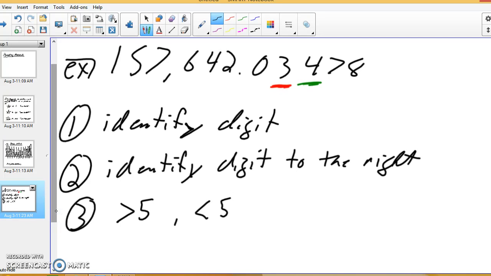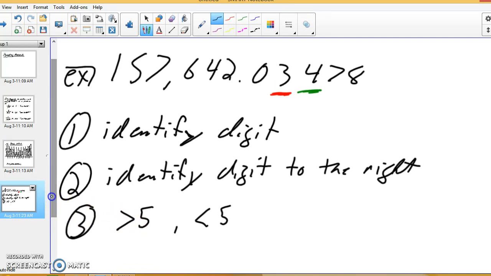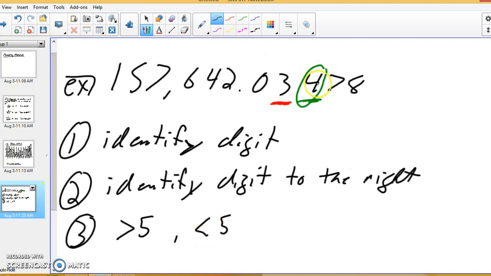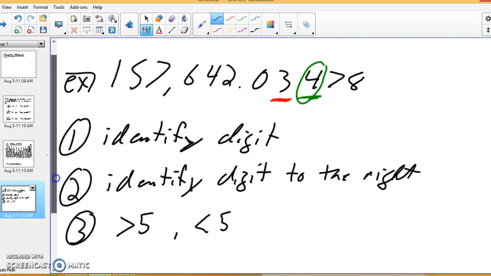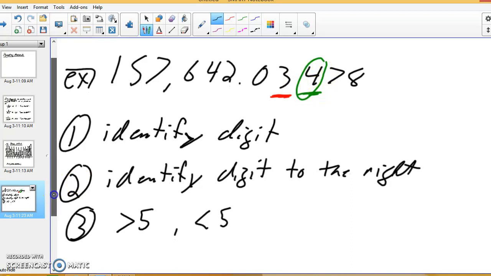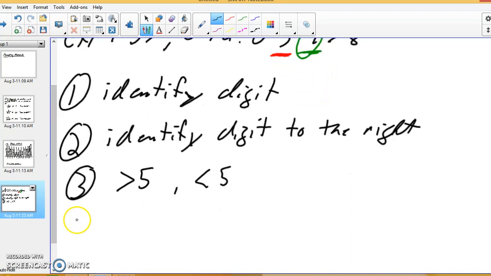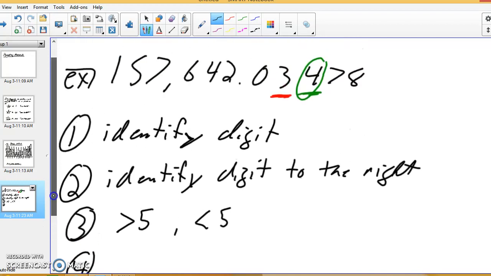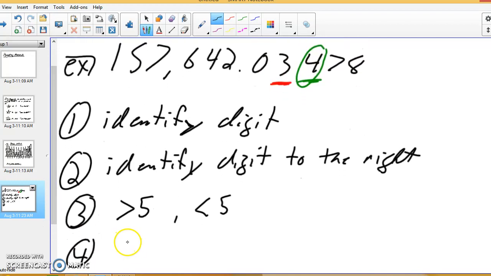If the number to the right, which is 4 in this case, is greater than the number 5, then what we do is we bump up the digit in the hundredths place. If it is less than the number 5, we leave the number in the hundredths place as is. So, with this example, because 4 is less than 5, we will leave 3 as is. Then, fourth step is just identify the answer. So, if we want to round this number to the nearest hundredth, it would be